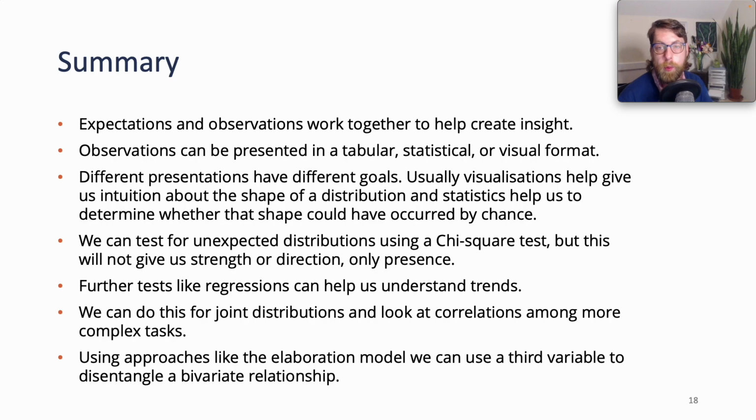Once we have two or more variables, we'll see a relationship, but that doesn't mean that relationship is necessary. That doesn't mean that relationship is causal. Now, to explore it in a causal manner is generally pretty complicated. It might involve certain differences in research design or different expectations in data. But we can use a third variable to determine whether that relationship that we originally saw can be replicated in the presence of this third variable, or whether that third variable recovers a bunch of the information. It makes more sense than the original